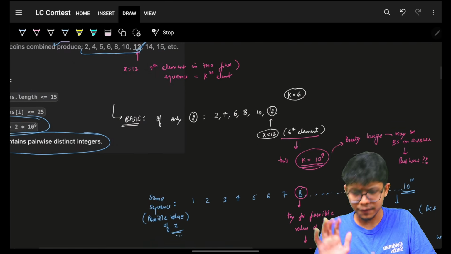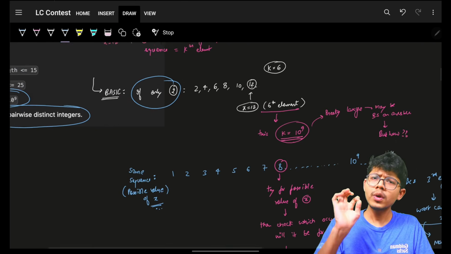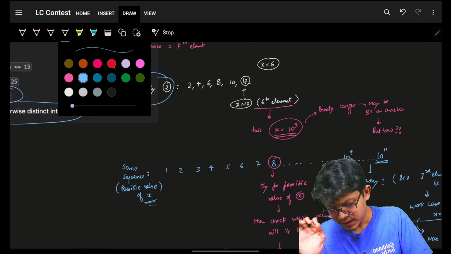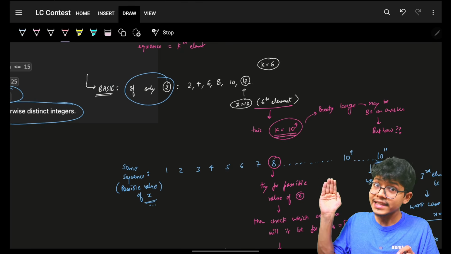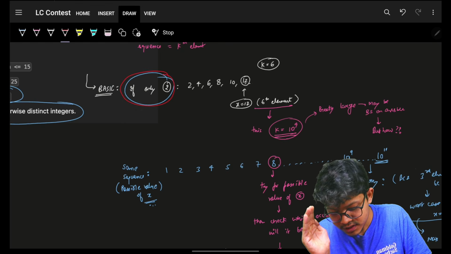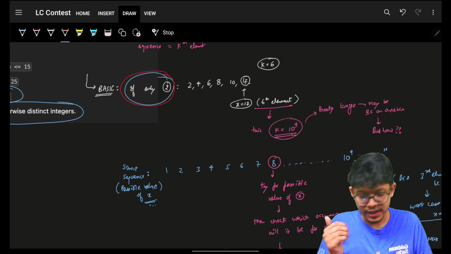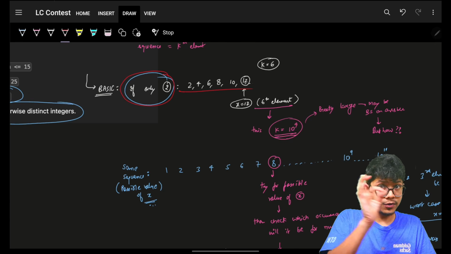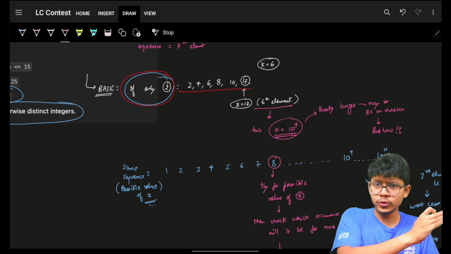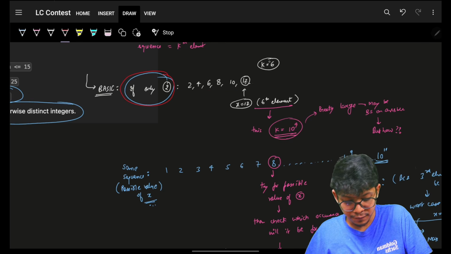I'll say, what if you had only 2? You had only one element, which is 2. So you know that you don't need to club any sequence. You will just generate a sequence of 2, and then from the sequence of 2 you will find the kth element. So let's say if I just plan to generate the sequence of 2, which means 2, 4, 6, 8, 10, 12 and so on and so forth. I am asking for the 6th